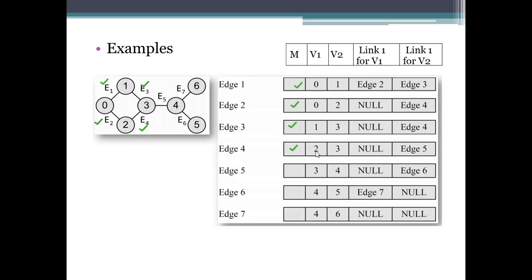And coming to the second node. Second node is having the E2, but it has been marked now. So we won't read that one. Null. And coming to the next one, edge 5. Edge 5. Mark this as it is read. Where does it lie? It lies between 3 and 4. See whether there are any edges left unmarked. No other edges are there from 3. Since all are marked, we will write it as a null.